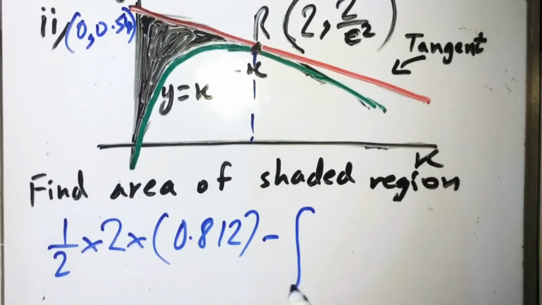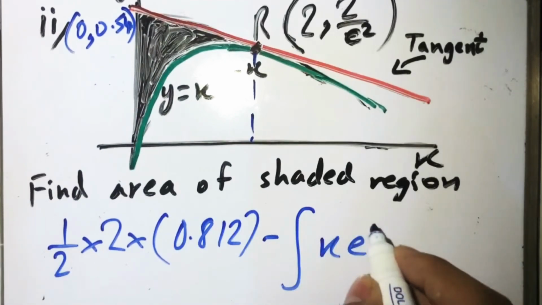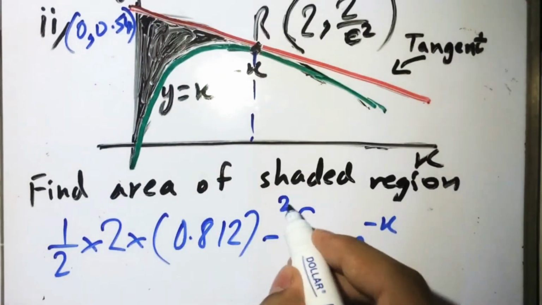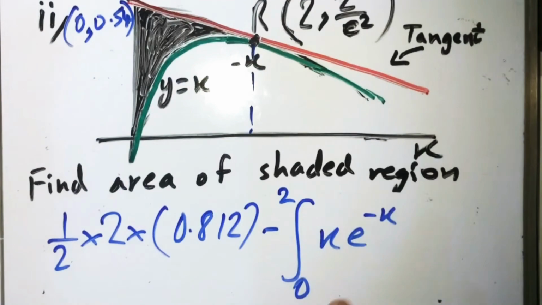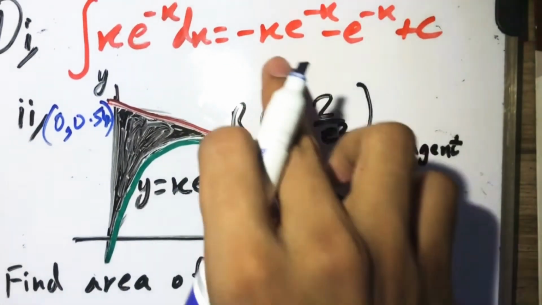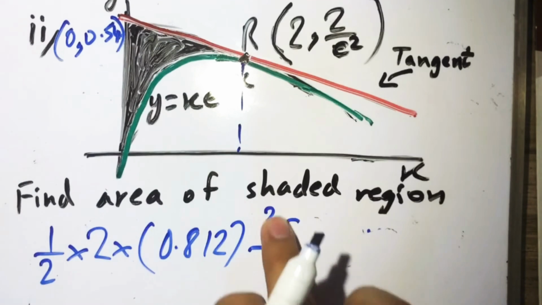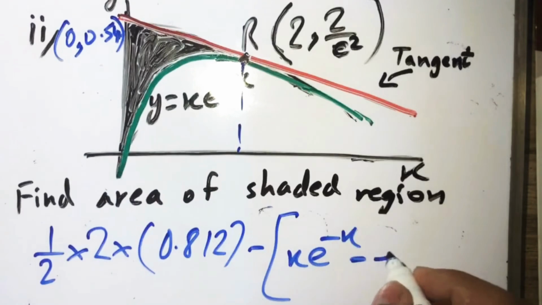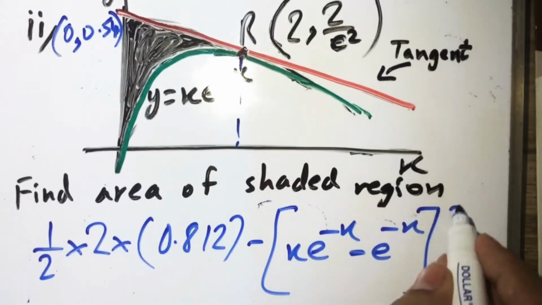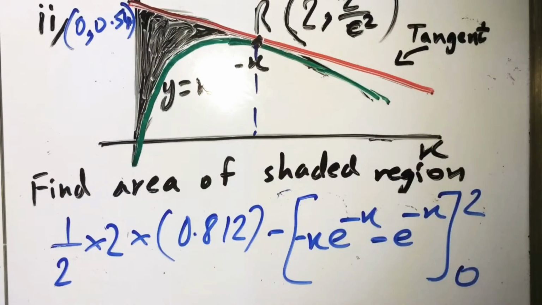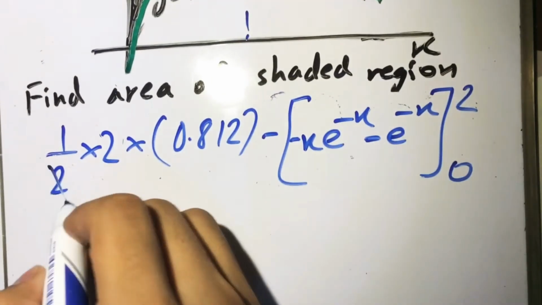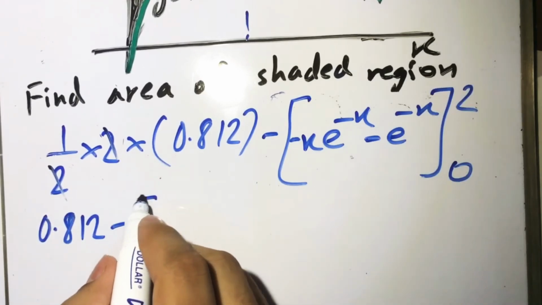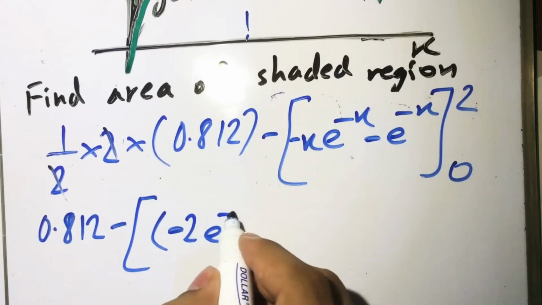Minus integral of x e to the power minus x from this point, which is 2 as given over here, and this is 0, so from 2 till 0. So we know that the integral of this is this, so now we'll simplify this. So 2 and 2 get cancelled out. 0.812 minus 2 e to the power minus 2